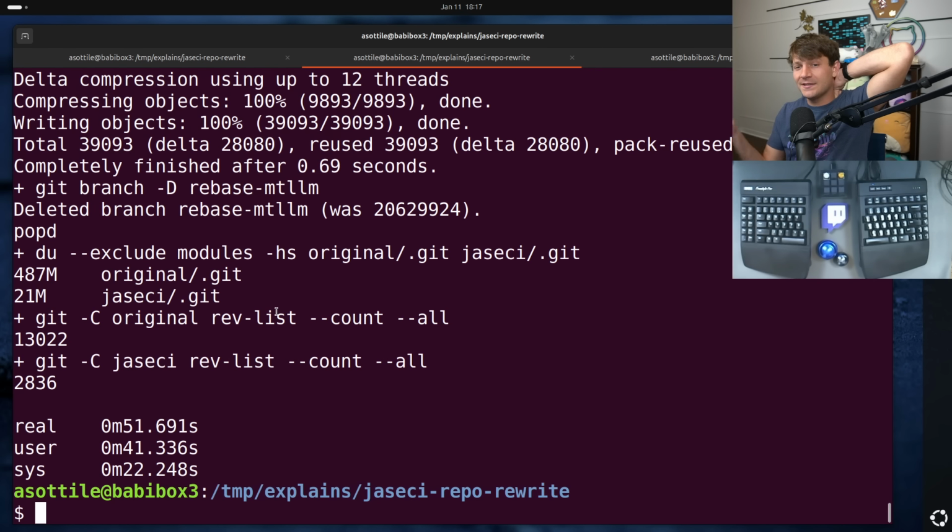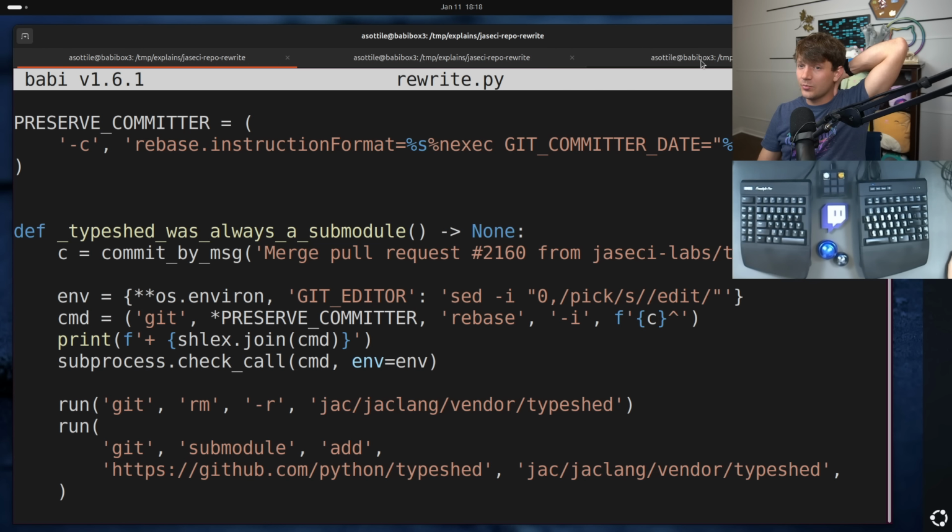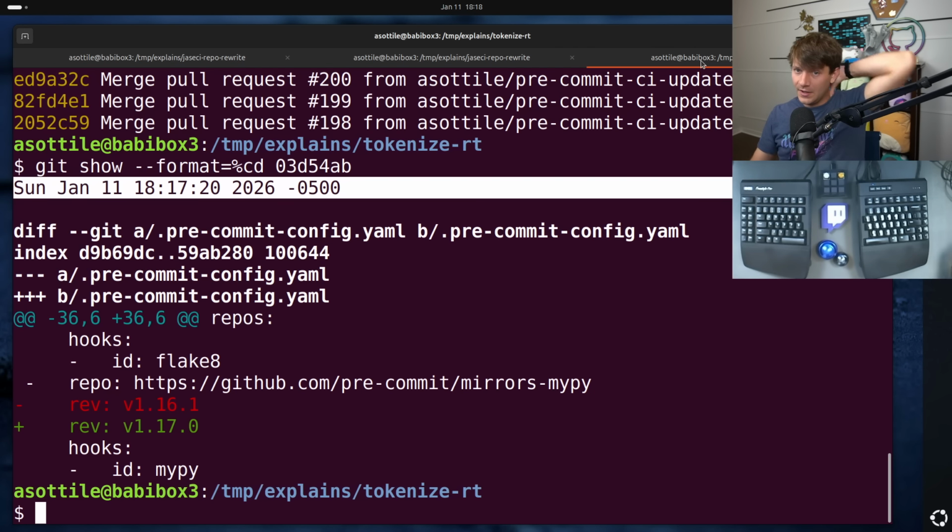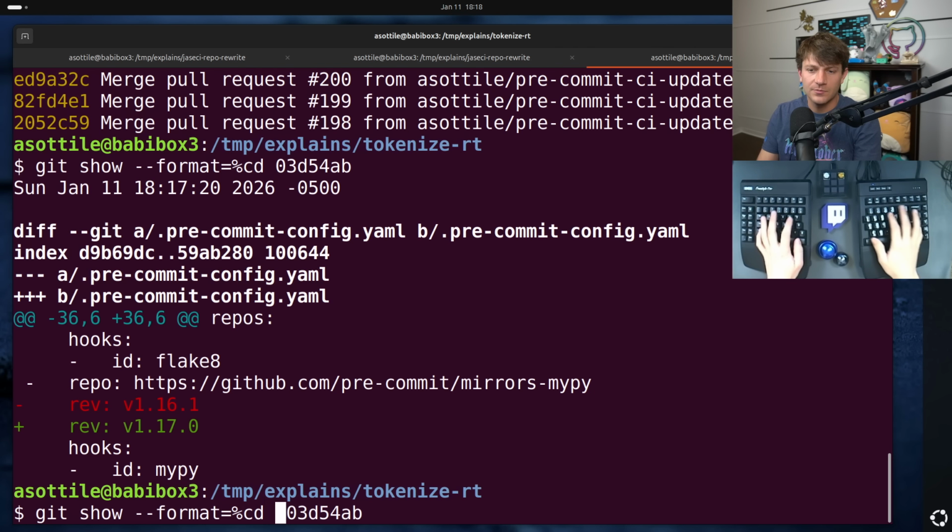Now, technically, yes, it was committed when I ran this rewrite script, but I wanted to preserve the original commit time so it looked like the repository history still continued in place. I also wanted to preserve the original commit author. So for instance, if I do %CA,